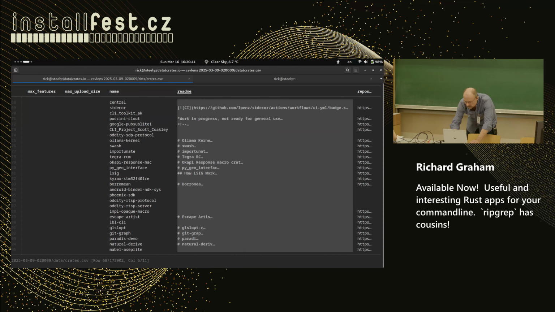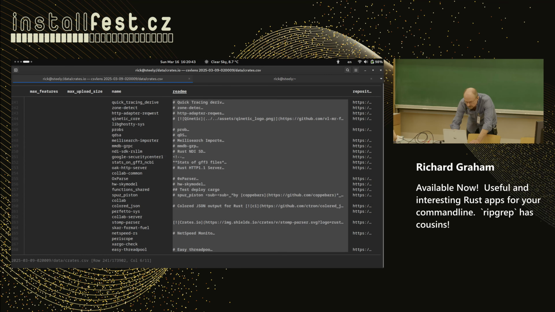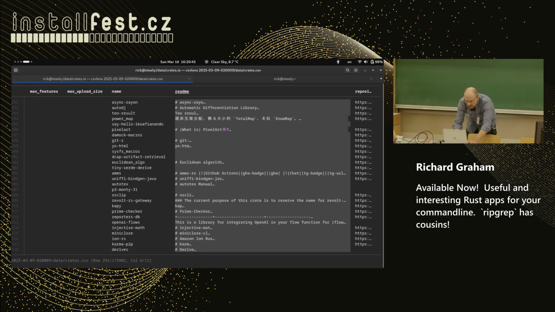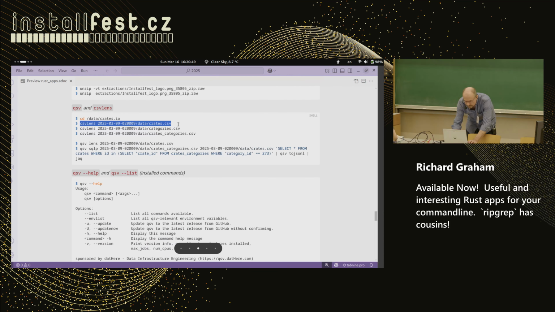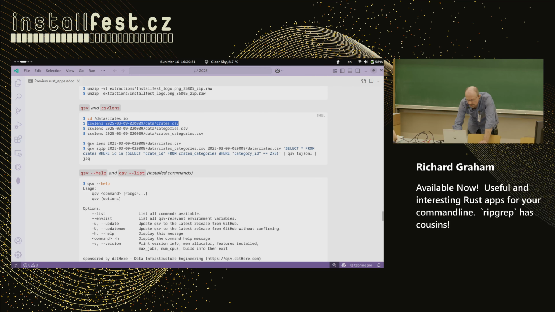You can scroll. So it's a nice way to get familiar with the CSV. And QSV just has a command lens that'll do the same thing. Okay. Was going to explore a little bit more, but